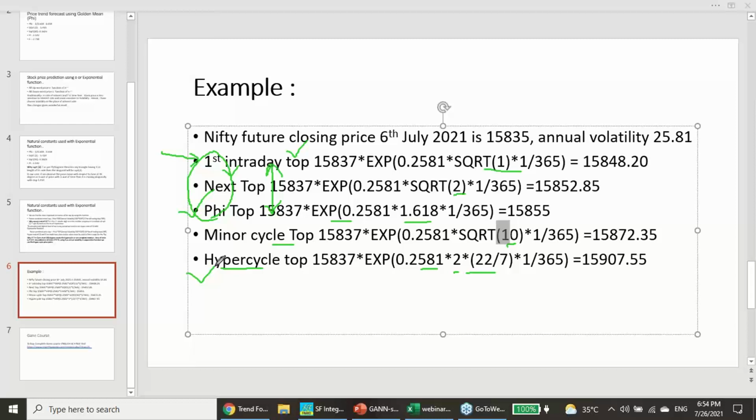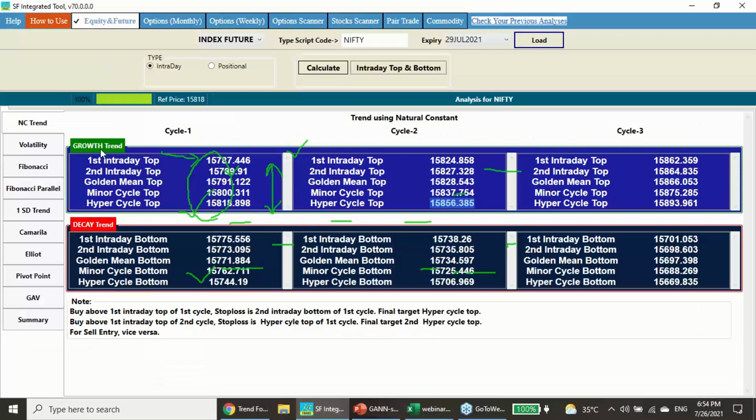So if you enter the first three levels, it is good, or use the 5 level crossover. So that is what I have told here. So the golden mean top, golden mean is 1.6. So when this crossover happens, your confidence on the hypercycle should increase, or you'll be more confident to achieve the hypercycle. So that also makes some sense to enter after golden mean crossover happens.